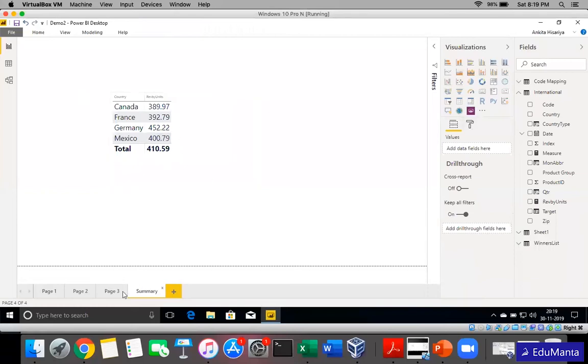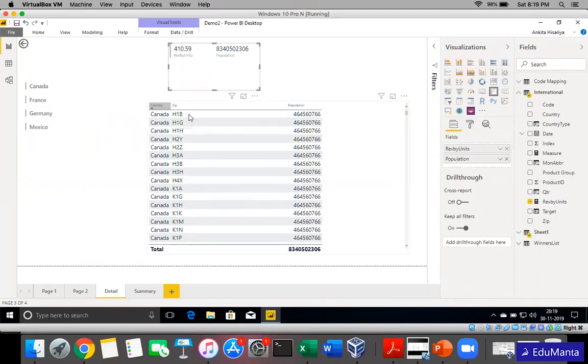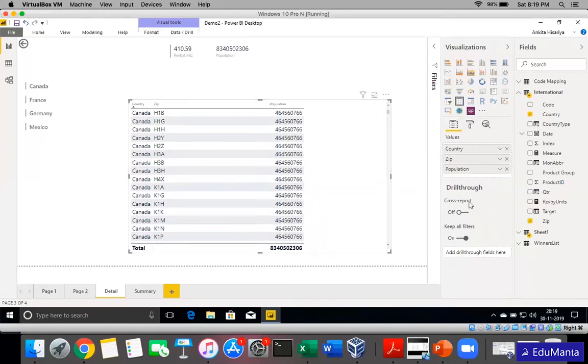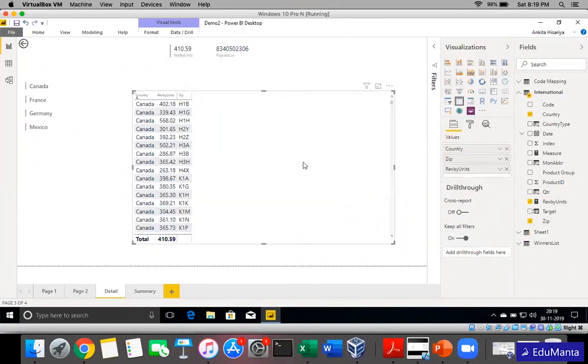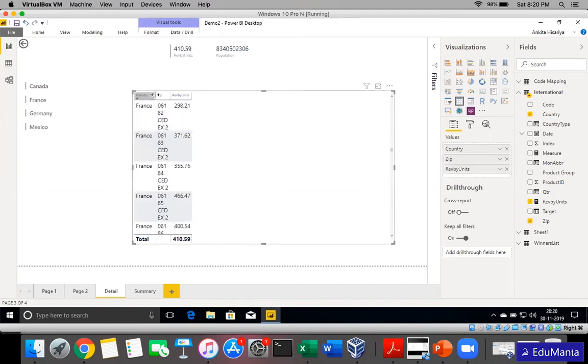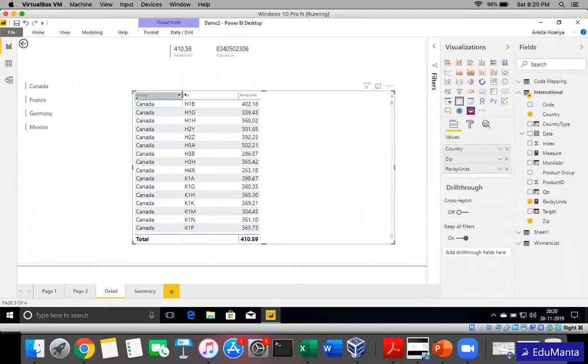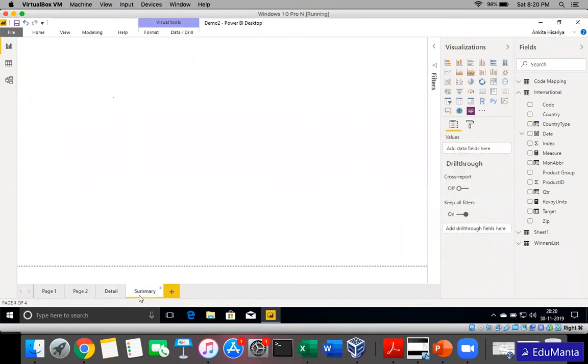From there, a detail page can also be defined. For example, this is a detail page. Here I have revenue by units, population, and for each country, the zip code wise break of the population. One second. Let me drag the same. Yeah. So for country, zip, and population, right now it's having the detail for all the countries. But what I want is this page will be specific for any particular country and not for all the countries, and that will be defined on the basis of what the user selects here.